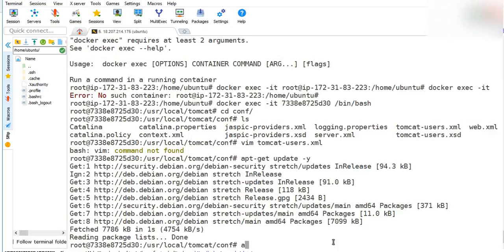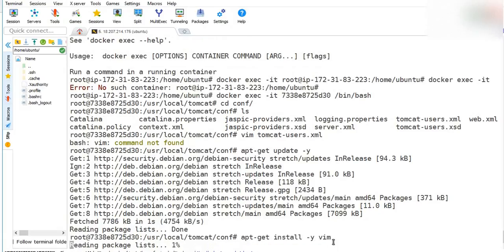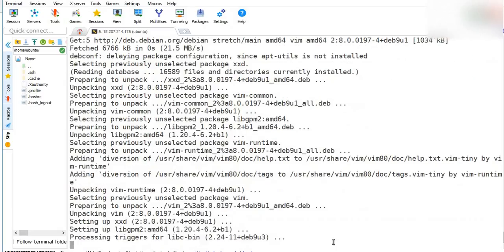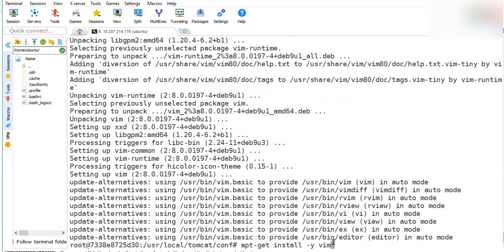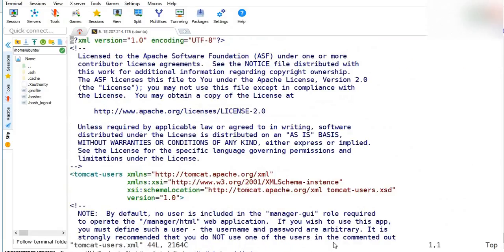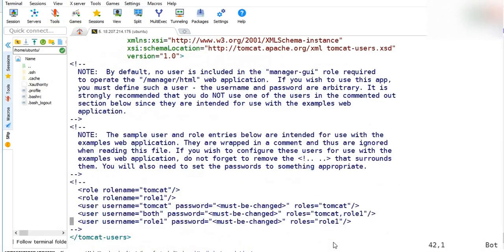Okay, apt-get install vim. Okay. So now if I give this command again, vim, now we'll be able to open it easily. Understood what's the difference? Vim is an editor, just like Nano. Nano is an editor. Vim is also a graphical editor of VI. VI is again one more editor. In VI you will not find this colorful text. This is colorful text. In VI it will not be colorful.